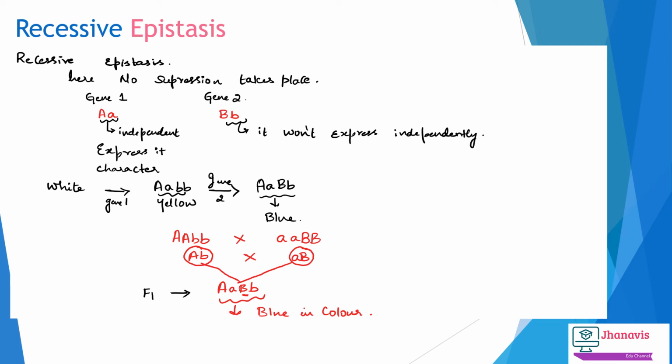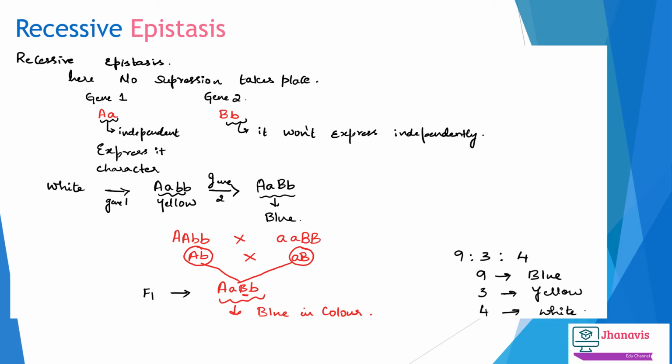So the gene 2 is expressing its character by dominating over gene 1, that is A. So here the character which is expressed will be a blue color. So the phenotypic ratio in this case will be